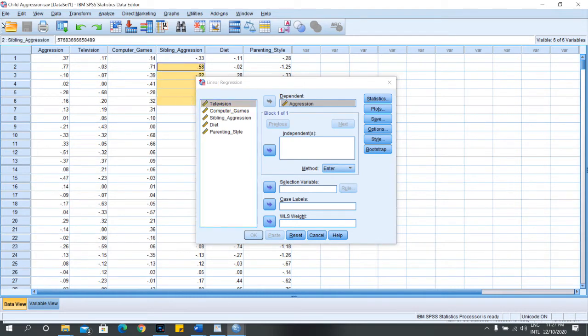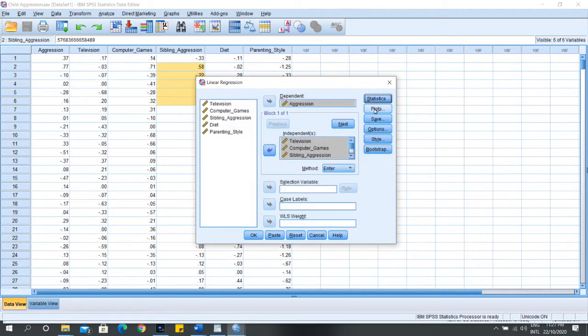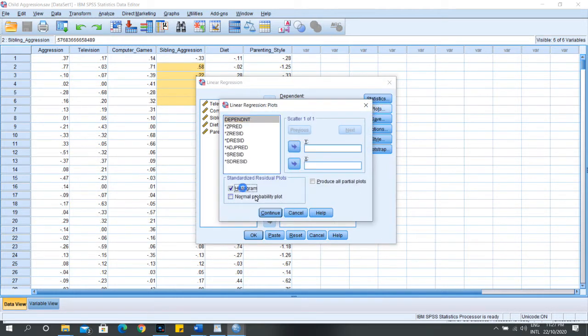the rest of the independent variables into the independent variable box. And then we go to statistics, we select Durbin Watson, okay, Durbin Watson. Plots, we go for histogram and normality plots.